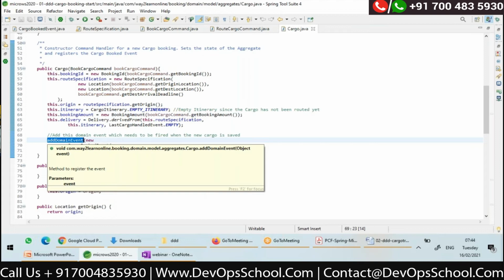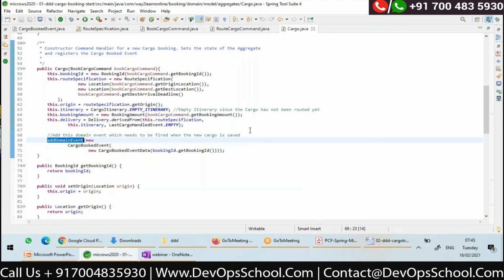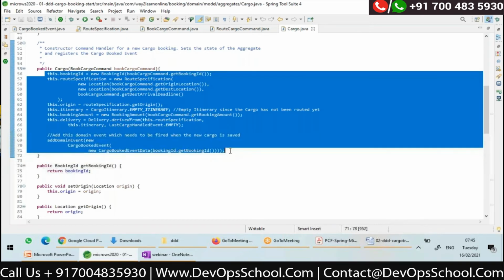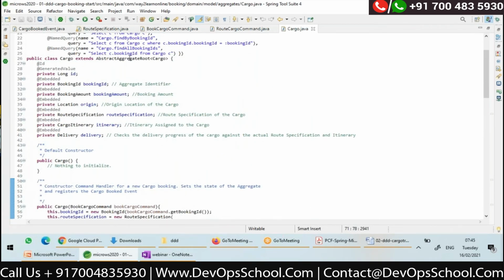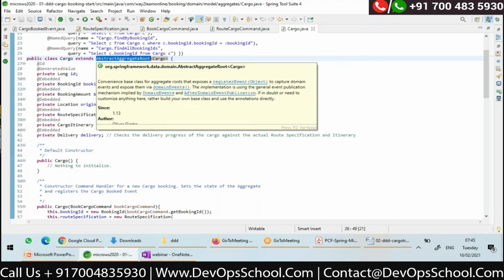Later I'll be committing the transaction to the database using JPA. Once the transaction is committed, and this cargo entity is committed to the database, we can have listeners, transaction event listeners provided by JPA.